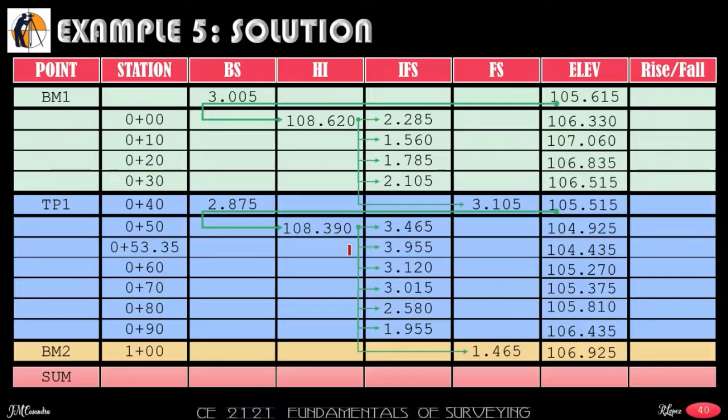So for the rise or fall of our points or our stations, this is simply subtracting our backside and your height of instrument, or the height of instrument and the intermediate foresights and foresight. So for every level. So for station 0 plus 00, subtract